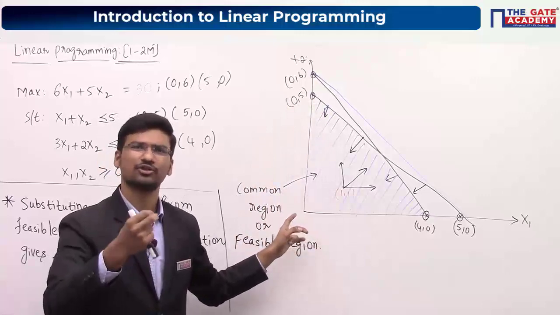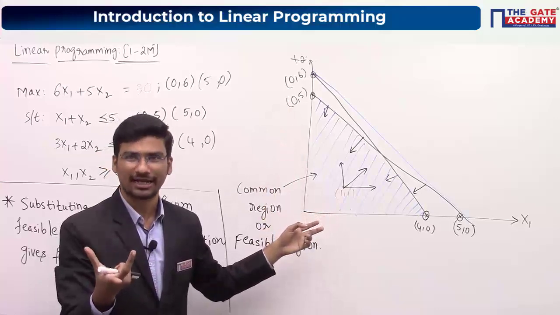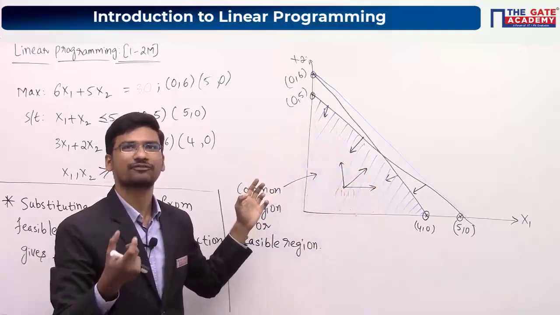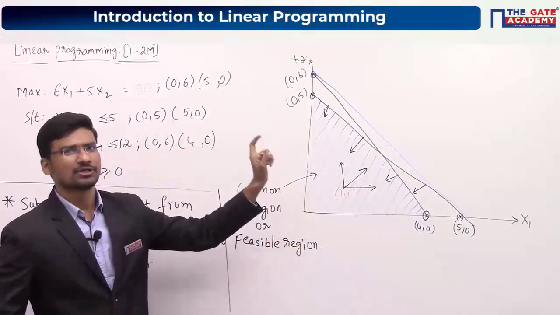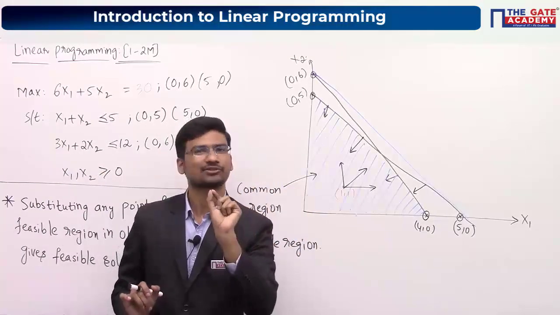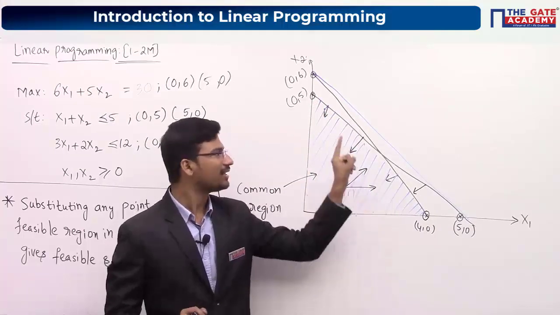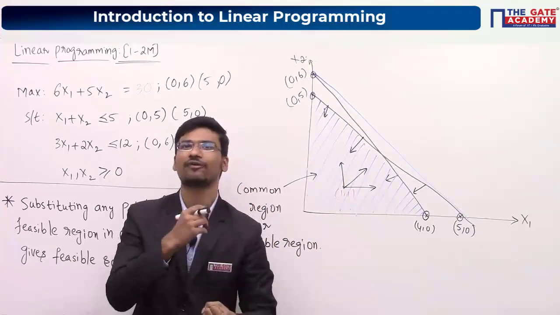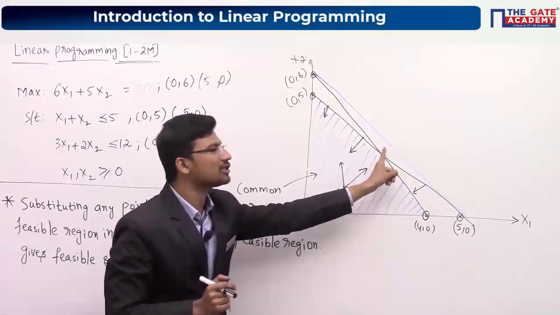I hope that you might have understood. Okay. Now on the boundary also you will be having infinite number of points, right? Among those infinite number of points, so I was talking about this feasible region. So the first conclusion we have reached: you will always get a better solution on the boundary of this particular polygon. Okay. So again on the boundary also you will be having infinite number of points. So among those infinite number of points, how to find out the optimal solution? For that, we have plotted the objective function also here.